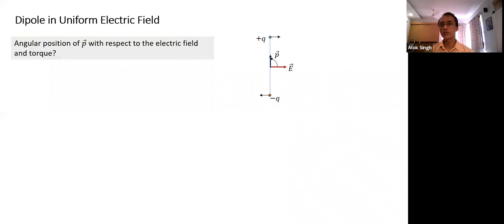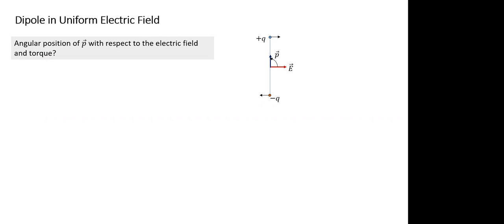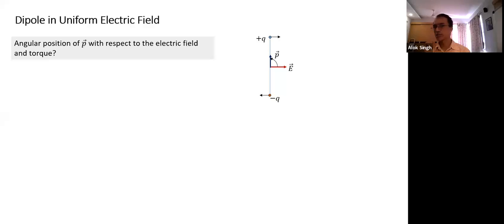Let's look at some more questions. In this case, what is the angle between the P vector and the E vector? What is the angular displacement of P with respect to the E vector? Positive 90 degrees or negative 90 degrees? It's 90. It is making an angle in the anti-clockwise direction. So typically we take angular displacement in the anti-clockwise direction as positive. So P has been given an angular displacement of plus pi by 2, or plus 90 degrees.